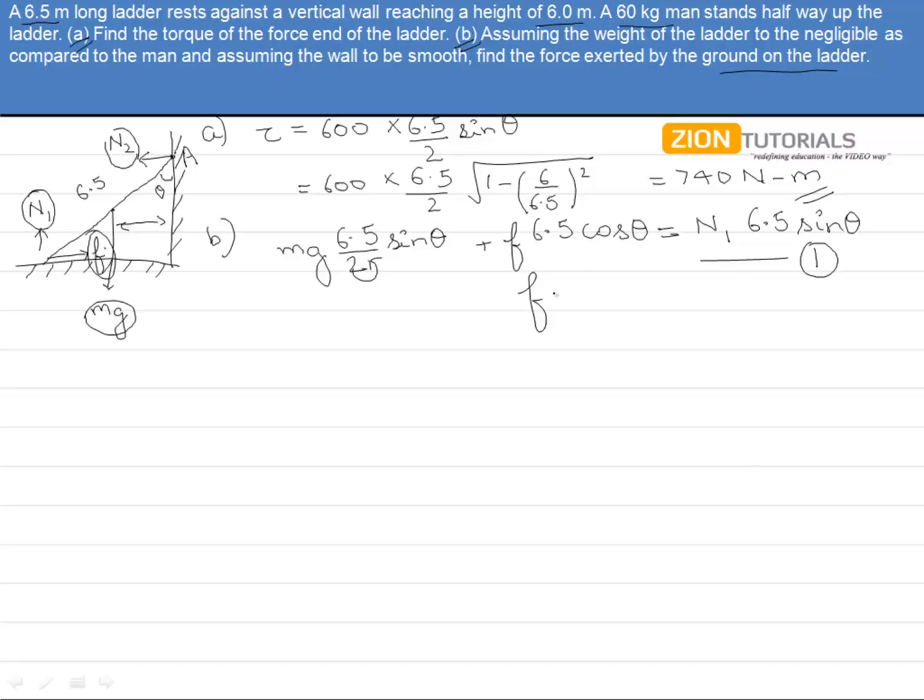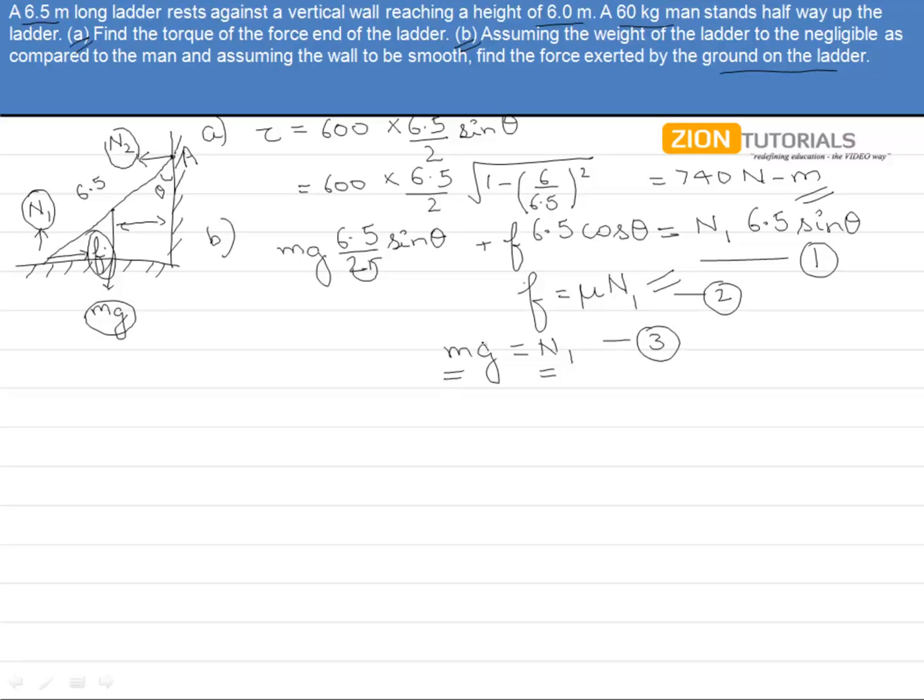We know that frictional force is mu times N1, and balancing the forces in the vertical direction, because it is in linear equilibrium as well, we can write it as mg equals N1, because it is the total downward force while it is the total upward force. So we got the value of N1 as mg, putting that over here. So we are having 1, 2 and 3 relations.